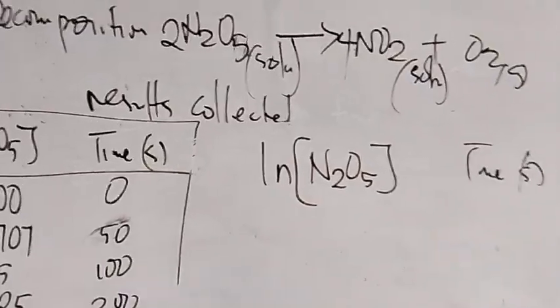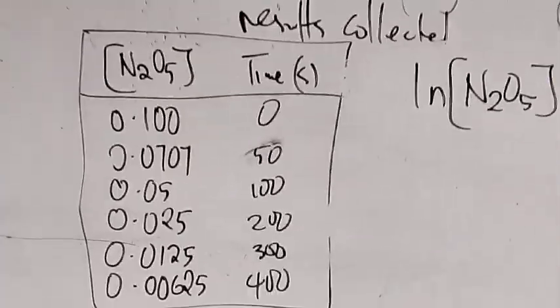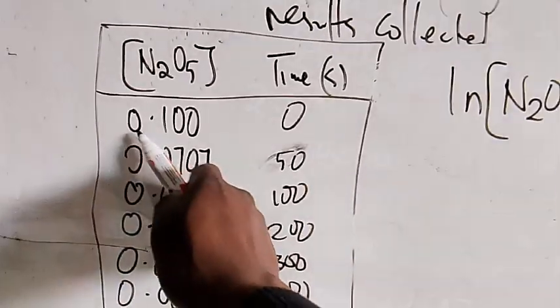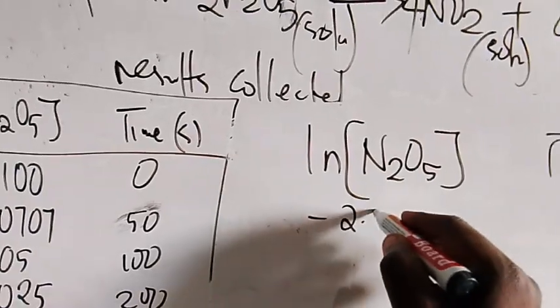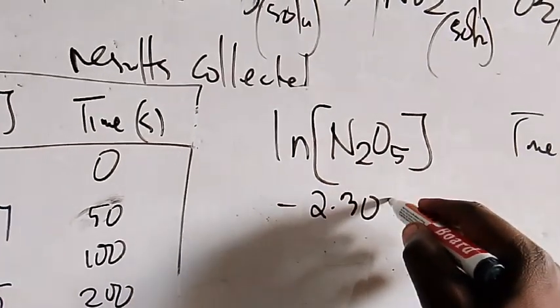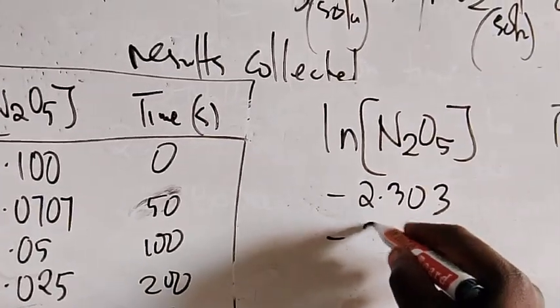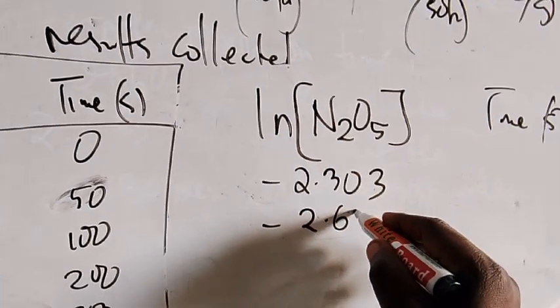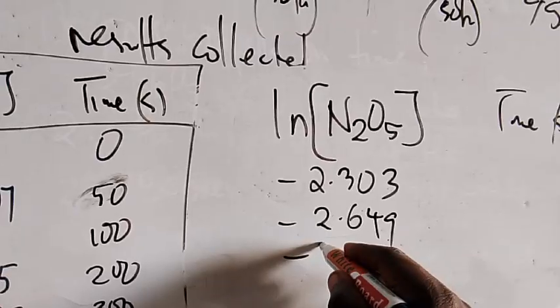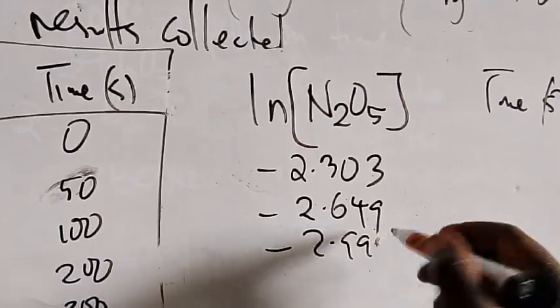So what we need to do now is to find the ln concentration. Okay, so natural logarithm of 0.1 gives us negative 2.303. So ln of 0.07 gives negative 2.649. Then the other one will be negative 2.996,